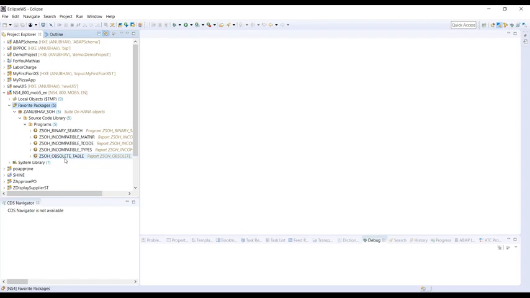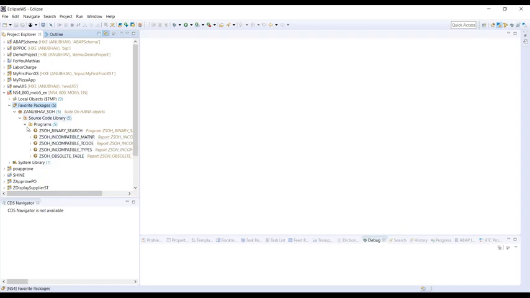And now my manager has asked me to check, please see if your programs are compatible with S4 or not. If they are not, then identify why they are not compatible and please fix them as well. Yeah, this is the main duty you as an ABAP developer are supposed to do in S4.